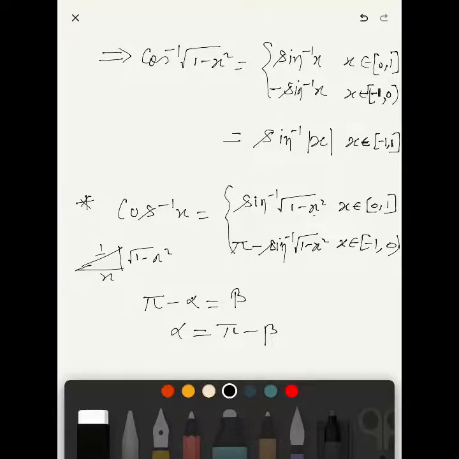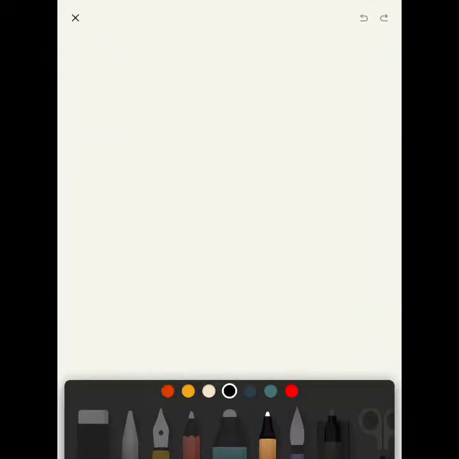So you got it right. Now you can write this as, here I am writing in the next page. This implies the other way, taking right to left and left to right. Sine inverse under root 1 minus x square comes out to be what? Cos inverse x, for x belongs to 0 to 1. When your x belongs to 0 to 1, it is cos inverse x, and the other one will be